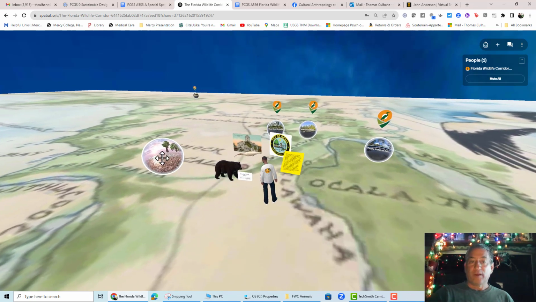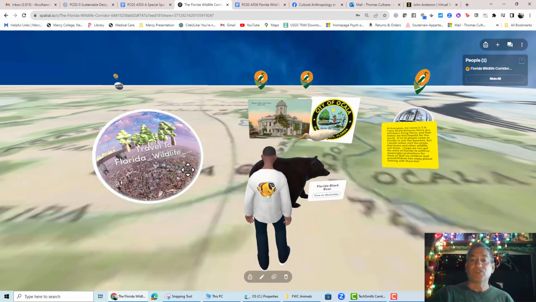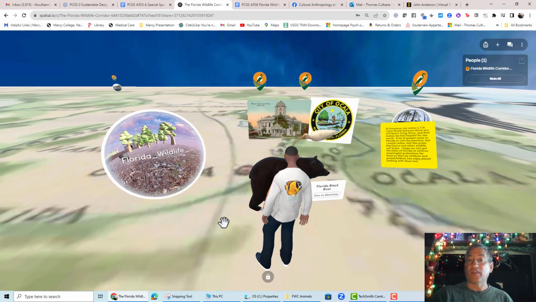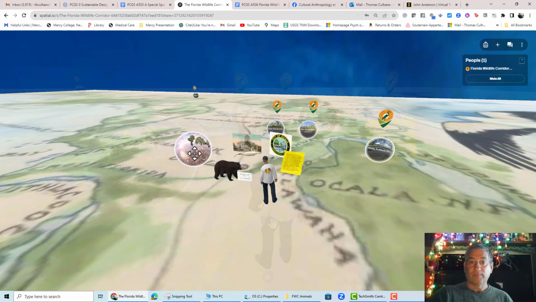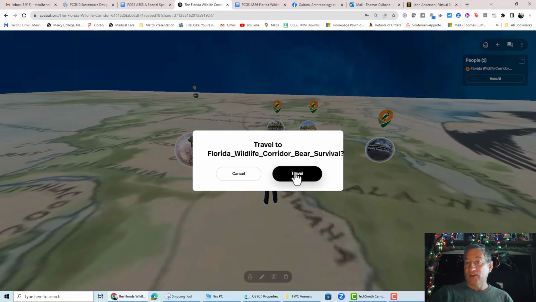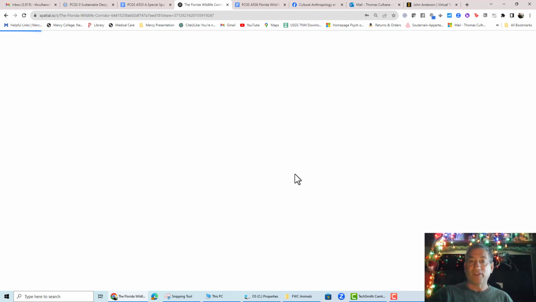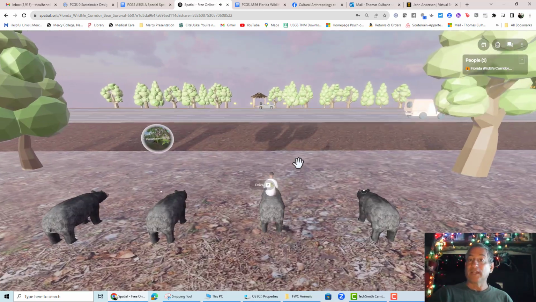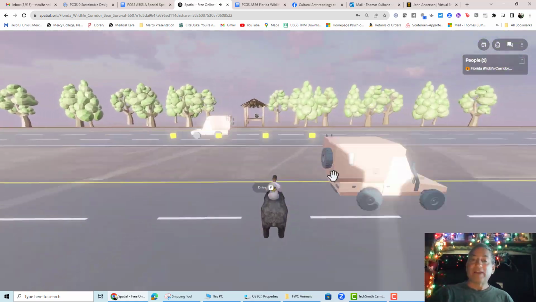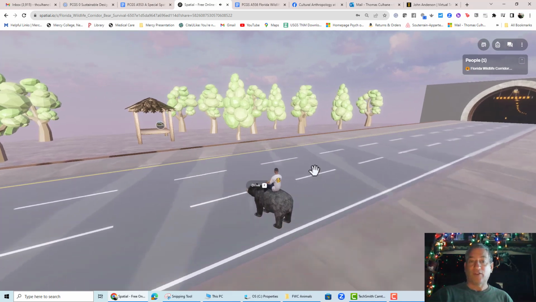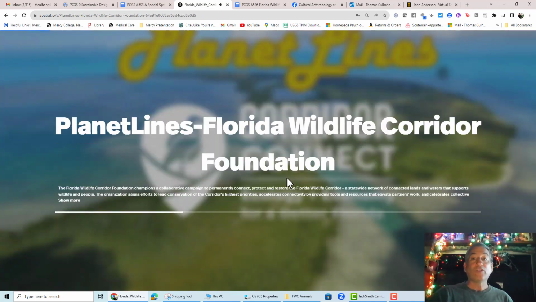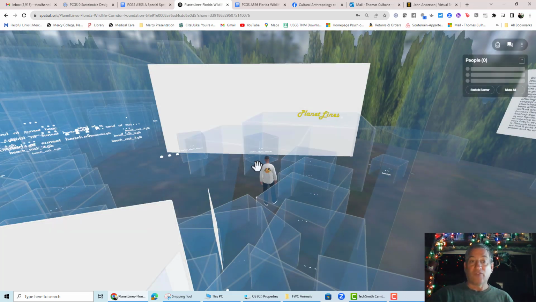Now, an orb, the spatial portal sphere, appears in front of you. You can move it wherever you like and then lock it, just as we've done for all the other objects we brought in. When you click on the sphere that you put into the spatial environment, it now gives you the option to travel there, to that spatial environment. Click on Travel, and you will leave the world we are in and be magically transported through the portal to another spatial world. As Aladdin sings, "A whole new world,"